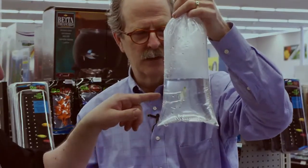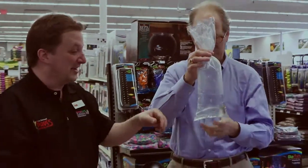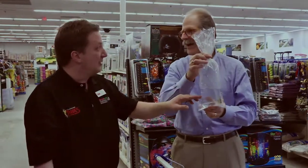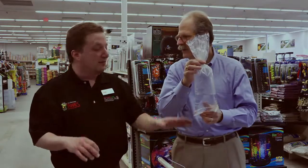This is one of the fastest swimmers in the tank. I mean, if you ever tried to catch one of these with a net, you're in trouble. They're lightning. It's designed for speed. Will he live in brackish water? He will, just like the mollies. Brackish water is a freshwater tank that you add traces of salt to, because of what fish